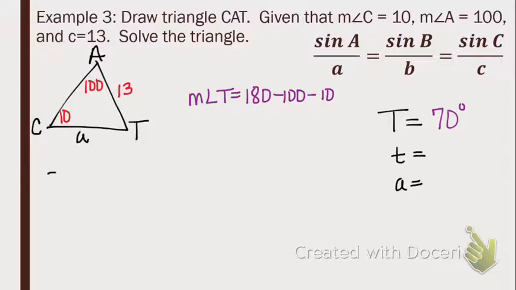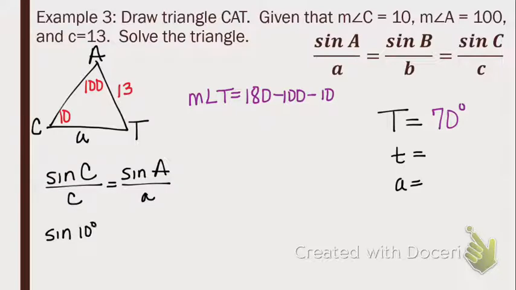So I'm going to take the sine of angle C over little c, and that equals the sine of angle A over little a. So that would be the sine of 10 degrees over 13 equals the sine of 100 degrees over A. And when you cross multiply that out,